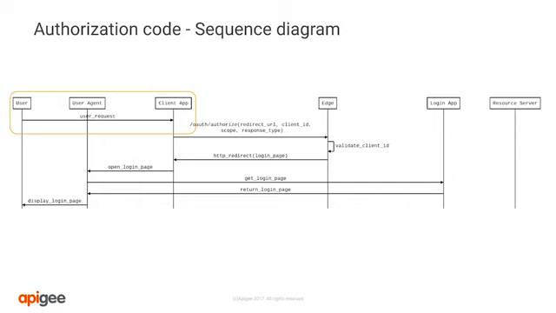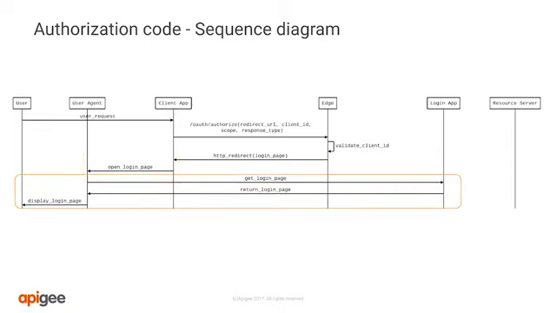The user starts the process by opening the client application and clicking a link to log in. For example, you've probably seen this when you open an application and it has a button for you to log in with Google. When the user clicks the link to log in, that sends an authorize request to Apigee Edge. Apigee validates the client ID and redirect URI, and then redirects the client application to the login application. The client application understands that this is a redirect request and opens the user agent and sends the request there.